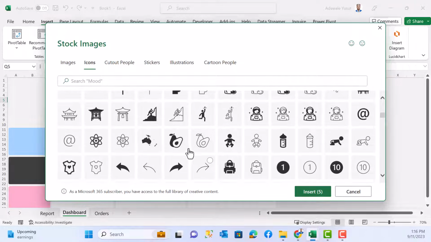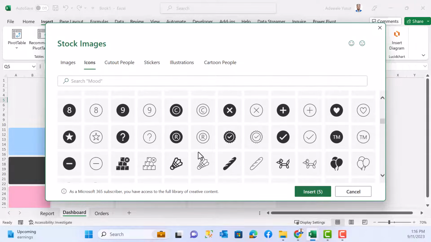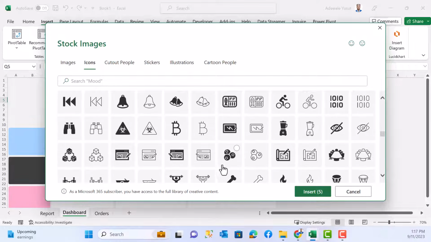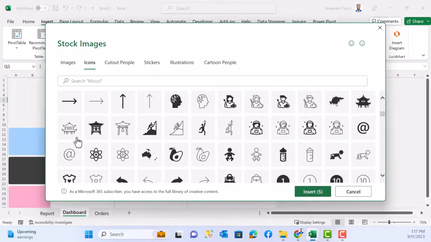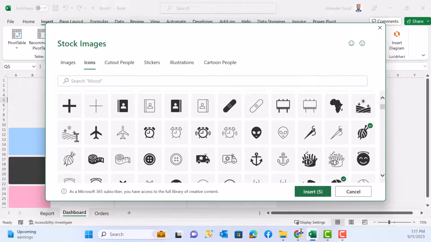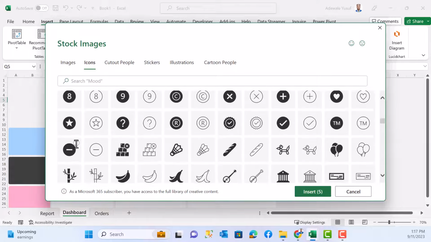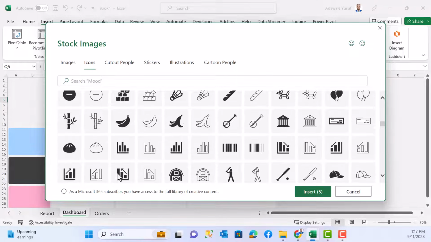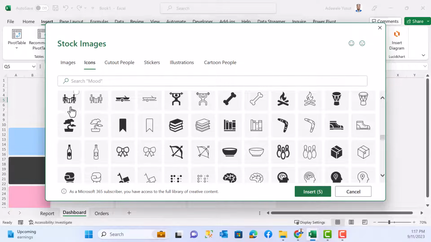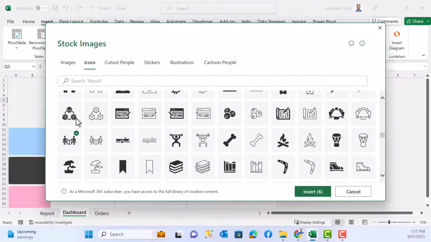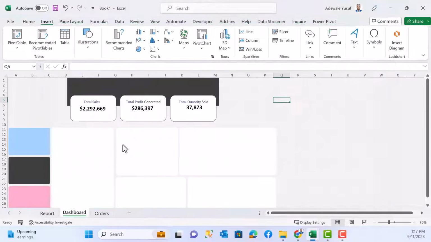I need something like a circle that makes sense. Probably I'm just going to settle for this guy. Where is it? I saw one I want to settle for now. Where are you? I think I'm moving too fast. Okay, so I'm going to settle for this guy here. So I'll select another one. This one. Yep. Once I pick it, you just click on Insert icon,